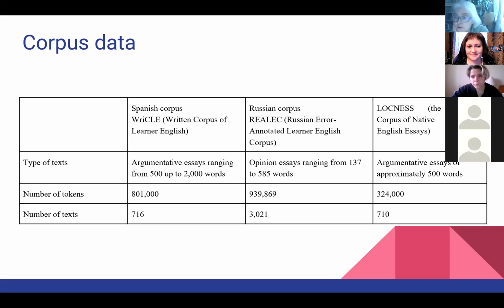The 3 corpora may seem slightly unbalanced if we look only at the number of texts. But if you look at the number of tokens that those texts are made up of, you will see that the difference goes the other way. Then the learner corpora are comparable with more than 800,000 Spanish and more than 900,000, sorry, not 100, but 100,000 tokens in the 2 learner corpora, although the corpus of the native speakers is about 1/3